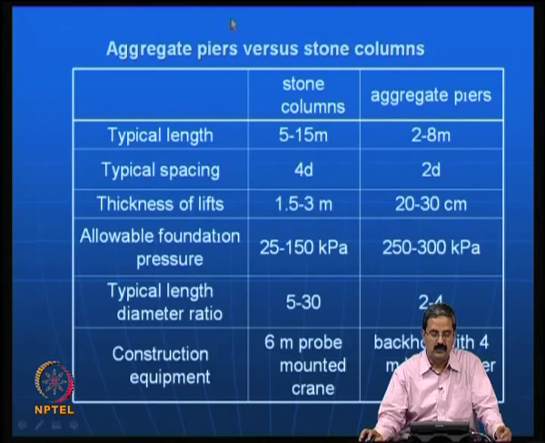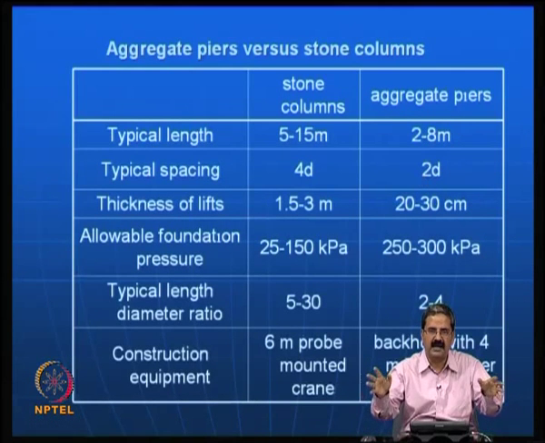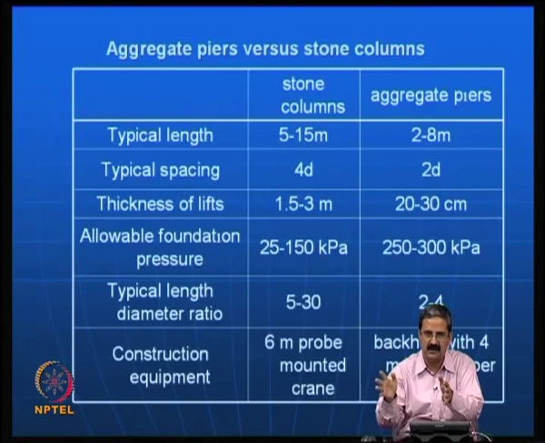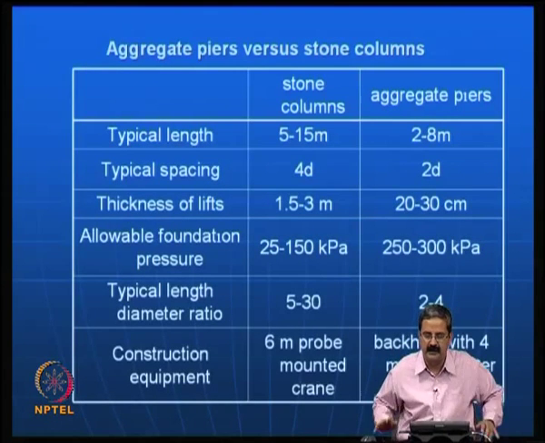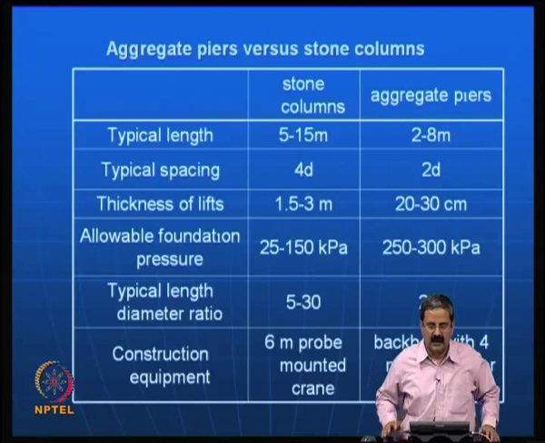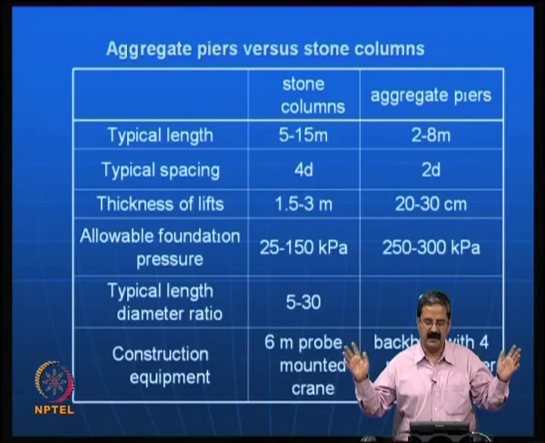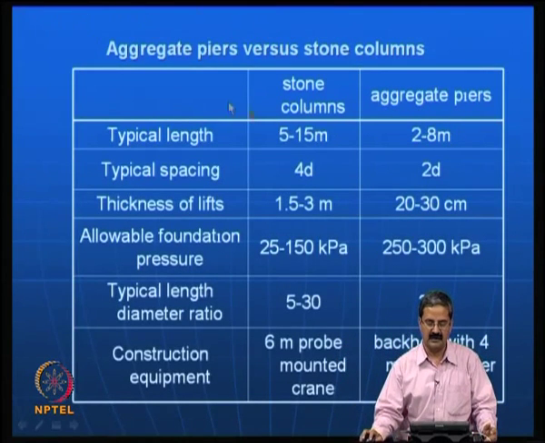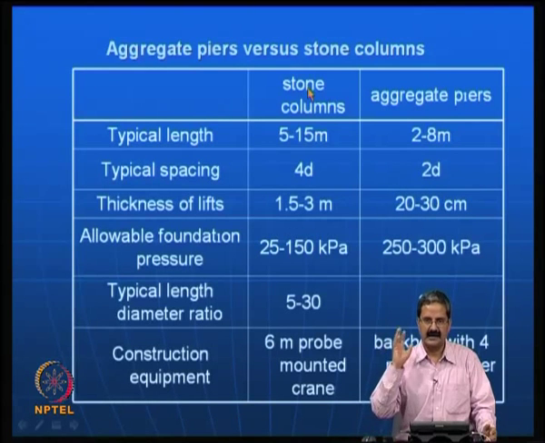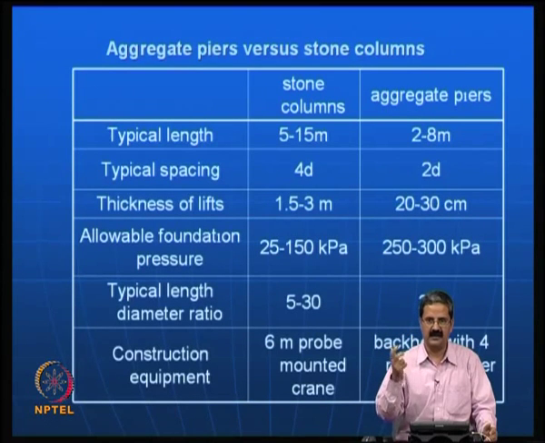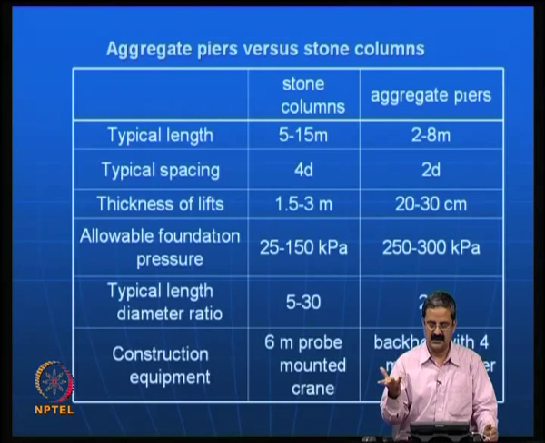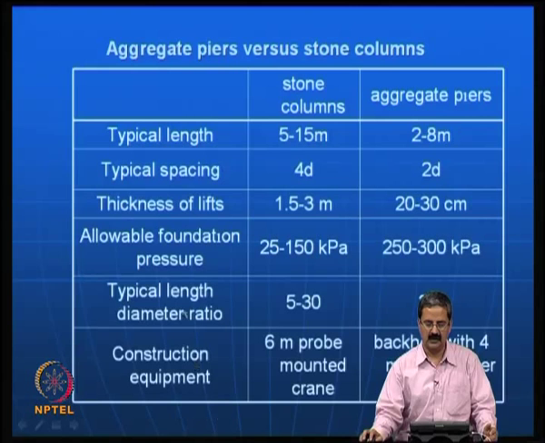What is the difference, one should know, because in fact it is even done by standard companies. Many companies have different packages for small works, where you do aggregate piers, or if you have a bigger job with bigger loads coming up, you go for stone columns. One can have all these choices, because finally as a ground improvement company, you need different approaches to solving problems. If the depth is not much, one can use aggregate piers.